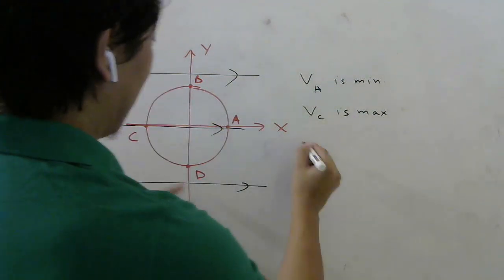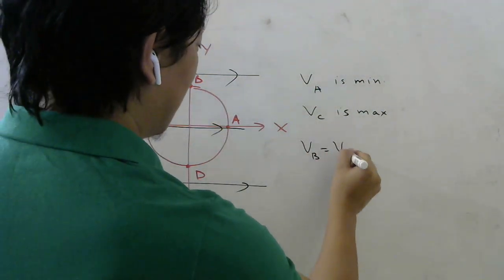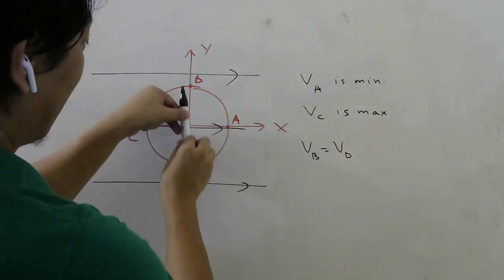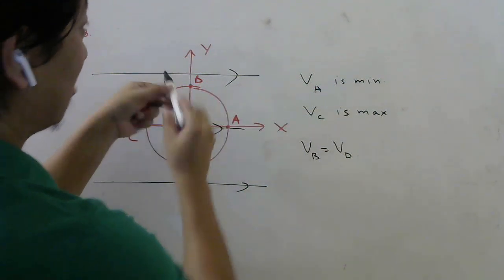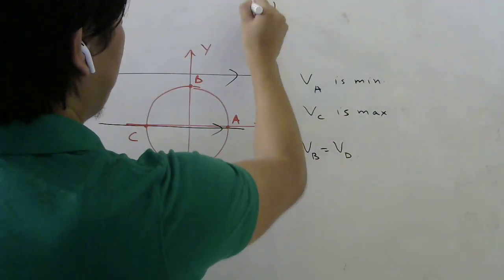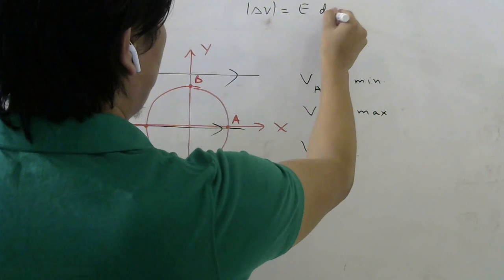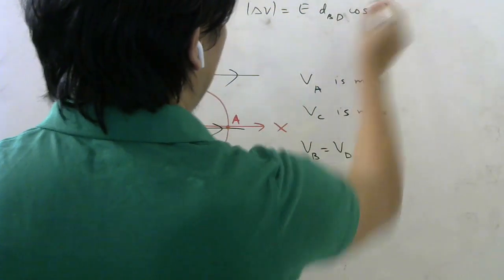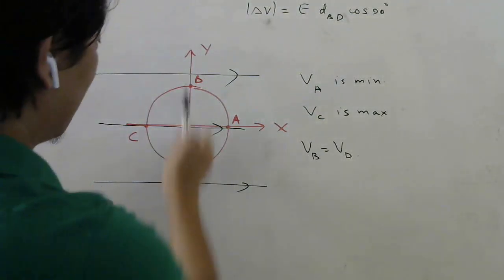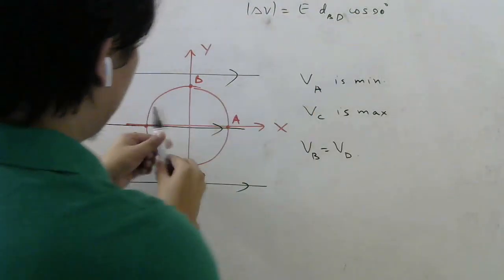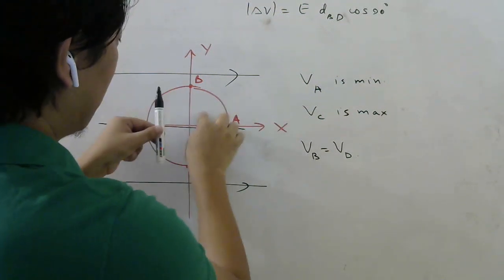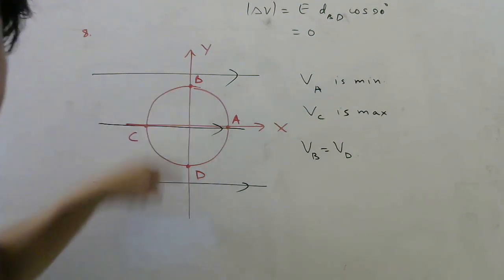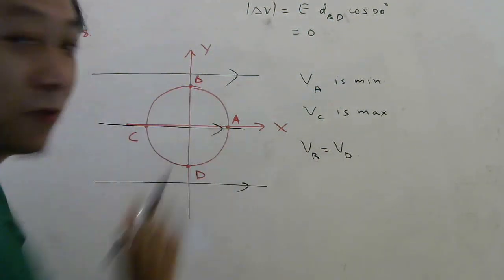What about B and D? B and D will be at the same potential. Yes or no? See, if you draw a line between these two, that line will be at 90 degrees with the electric field. If you remember the formula which I told you, potential difference is E, distance between the 2 points, here it is B and D, cos of what? 90 will come. Why 90? Because this is your displacement for B and D, and this is your electric field. So angle is 90, which means this will be 0. Potential difference will be 0 between these two. That means potential of B and D should be equal.